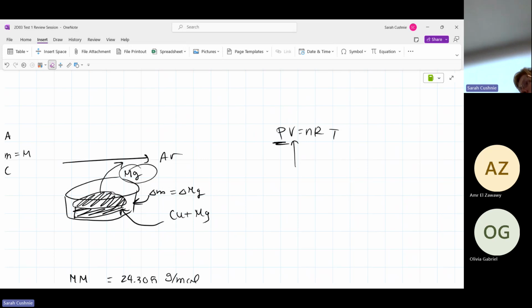So we need to know what kind of volume it's being absorbed into. As we add the magnesium atoms to the gas, because there's so few compared to the amount of moles of argon, we're not actually going to be changing the volume much. You can imagine that we have this room and then you chuck a little bit more air into it. It's not actually going to change the volume of this room. It's not really going to change the total pressure either. So we can use this as the base state for how much we have. What we need to figure out is what is that volume that it's being evaporated into? And for that, we can look at what gas is already present.